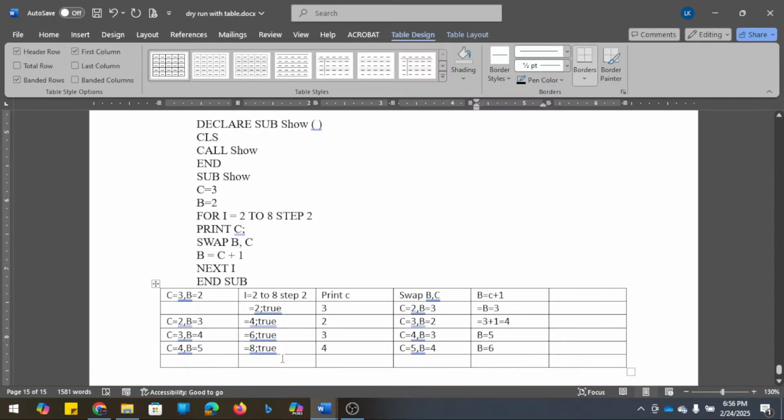Next time it becomes 10, so false. Okay, so this is how we get the output.